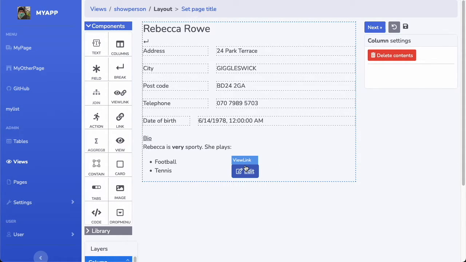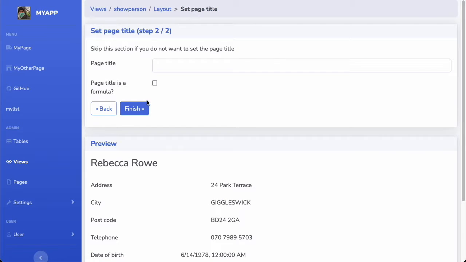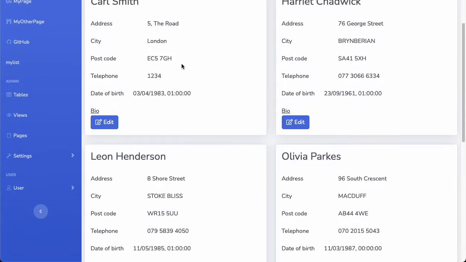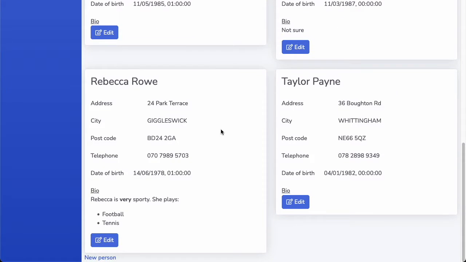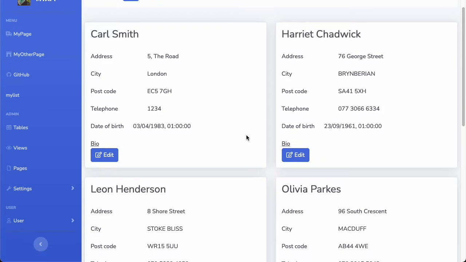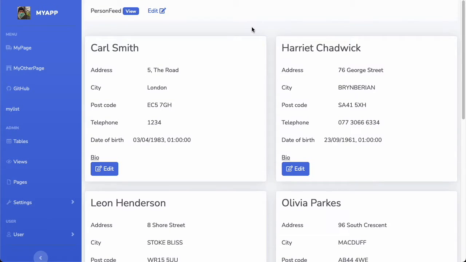And do we want this edit view? I don't think so. Well, let's leave it on. And so now you can see that our cards look a little bit better. There's more space for the data labels. Since there's a smaller space here, we needed more columns for the data labels. And you know, this is okay. Okay, so the feed